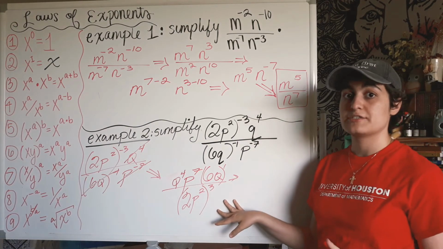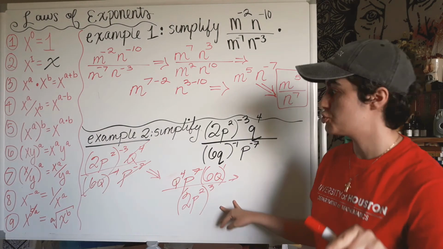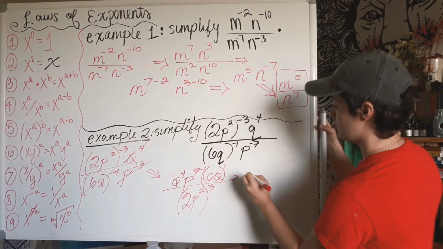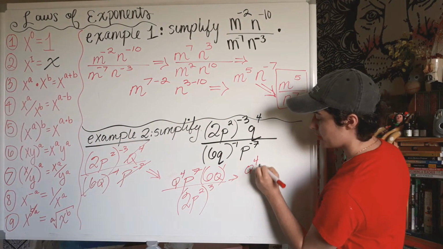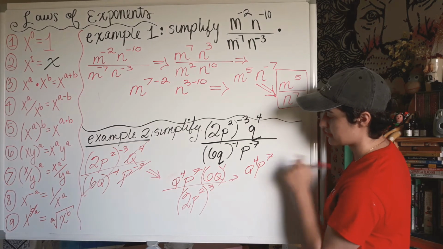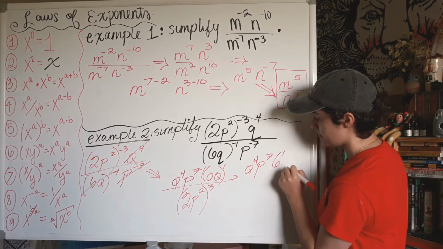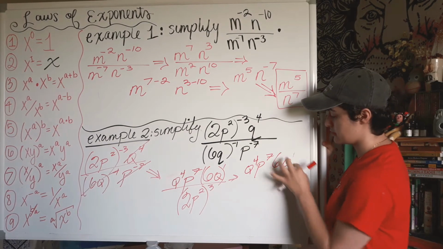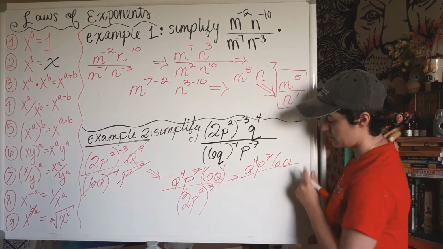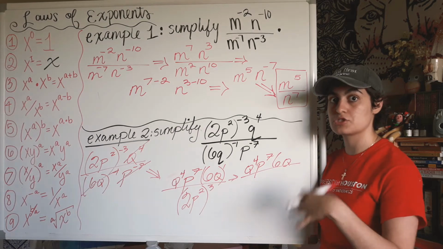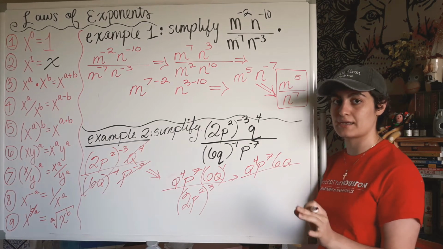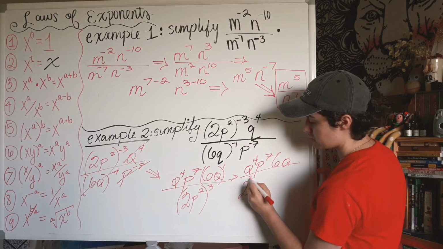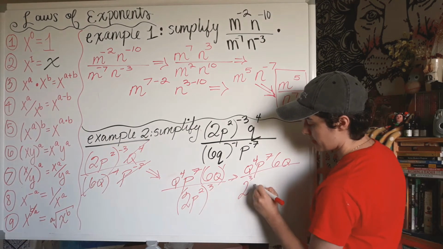So it looks a little nicer now. And so now what we're going to do, we're going to distribute using this rule, rule number 5. So q to the 4, p to the 7 stays exactly the same. 6 to the 1, q to the 1, otherwise known as 6q. We haven't simplified yet. We're still getting rid of parentheses and negative exponents. So now we're going to distribute. So that's 2 to the 3, and then p